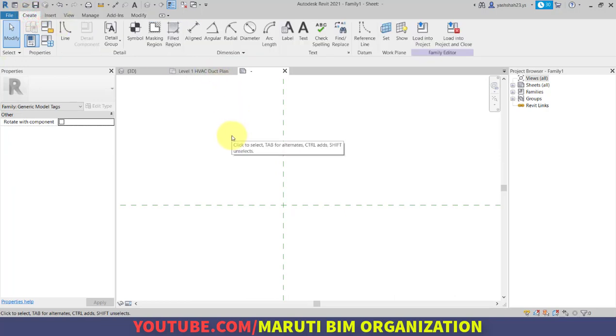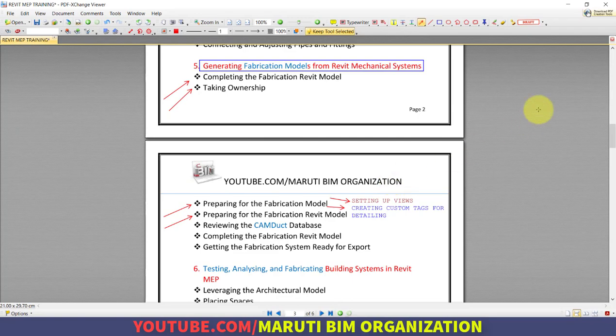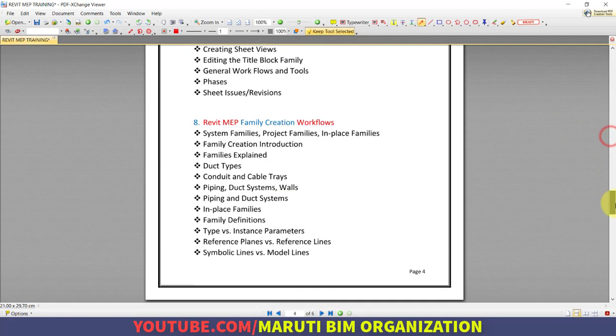and basically before starting how to use the family, I want to give you a small introduction about the family. Family is nothing but the loaded component within the project environment. So there are system families, in-place families, and obviously I will cover families in much more depth in the module as well.